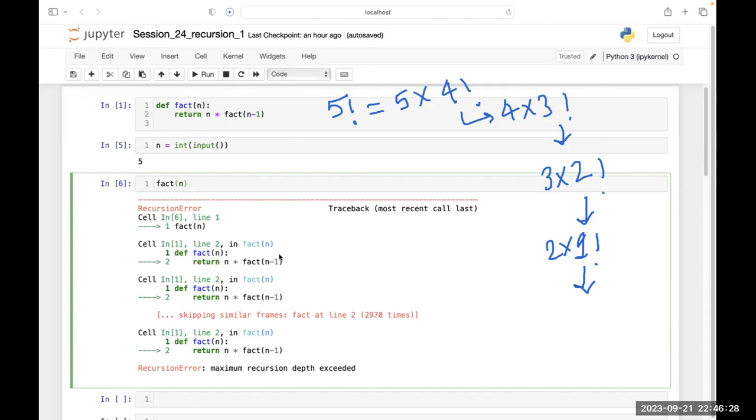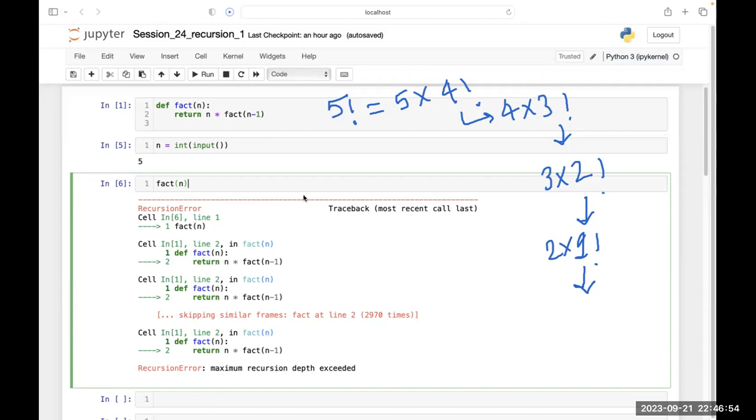Your RAM has limited capacity. That's why it is giving me an error. It is programmed in that way, that it will automatically stop after reaching the maximum depth. You can change the depth of the recursion. It's in your hand. You can set it to a different depth, but by default, it is set to around 1000.